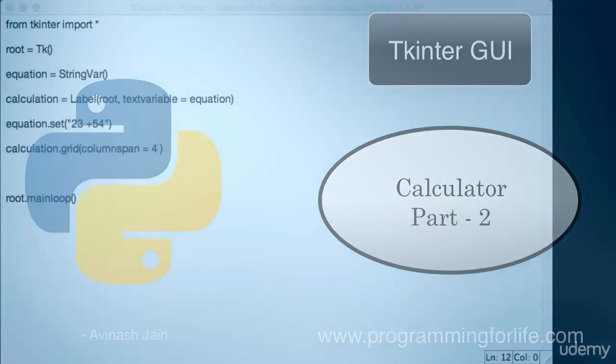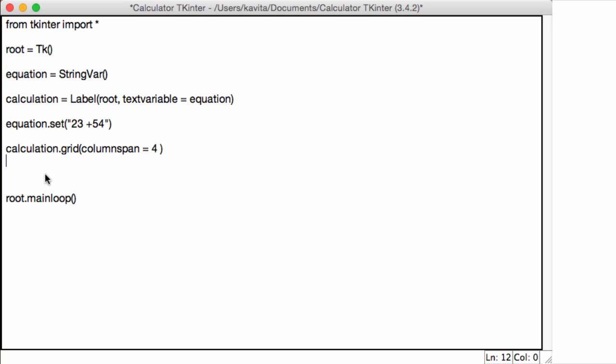All right, so today we're talking about adding those buttons into our calculator GUI. Last lecture we talked about that StringVar. We learned how to update the label, and in this lecture, let's go ahead and create our 12, 13 or so buttons. So remember, the way this is going to work is each button will have root, text, a function,